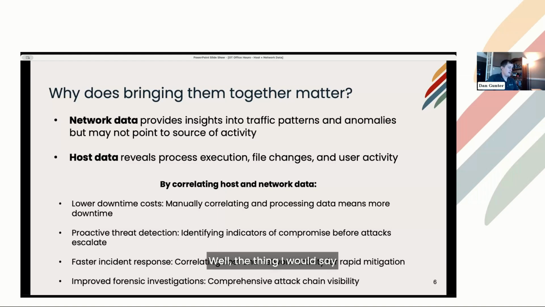The thing I would say too is that the combination of data isn't something that's per se optional, especially when you enter an incident response scenario. It's very hard to do incident response with just one class of data. There's certainly cases where you might be able to do it, but I would say a majority of IR cases are going to involve some blending, right? So really the decision on bringing it together is, do you blend a little more earlier in the process, or do you, again, the cost of doing nothing is you just pay a little more towards the end, with someone else blending data on the fly.